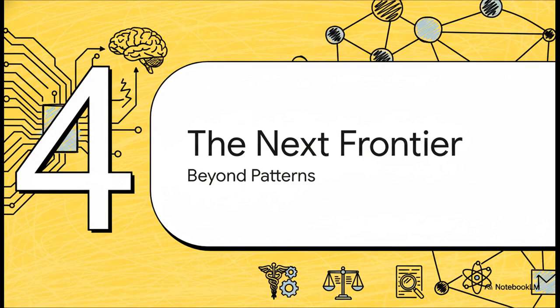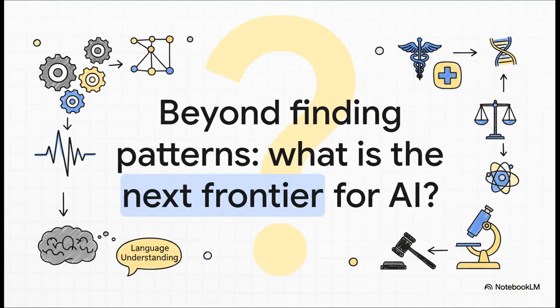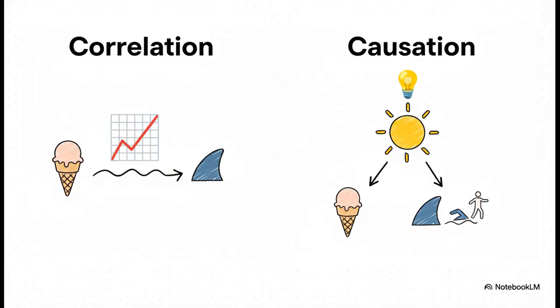Okay, so AI is already transforming our health, our laws, our classrooms, you name it. So what's the next big leap? I mean, where is all this technology heading? You know, the next frontier isn't just about getting better and faster at finding patterns in data. No, the truly revolutionary step, the next big thing, is teaching these machines to understand the difference between two things being related and one thing actually causing another. This is all about moving beyond simple observation.